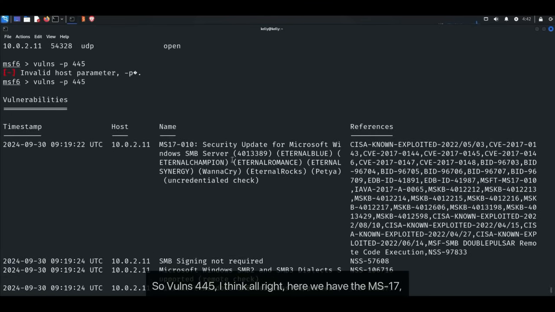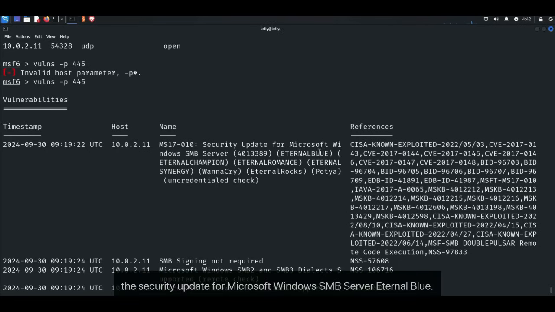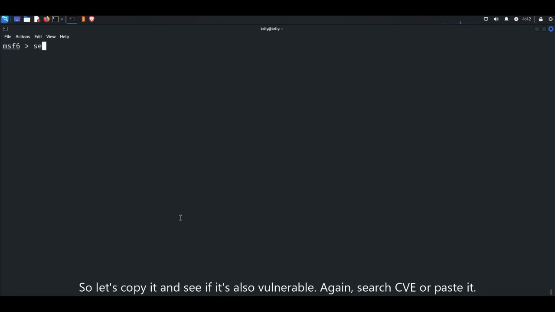All right, here we have the MS17 security update for Microsoft Windows SMB server, EternalBlue. So let's copy it and see if it's also vulnerable. Again, search CVE, paste it,